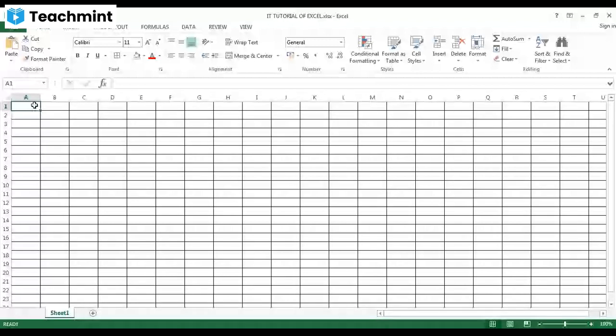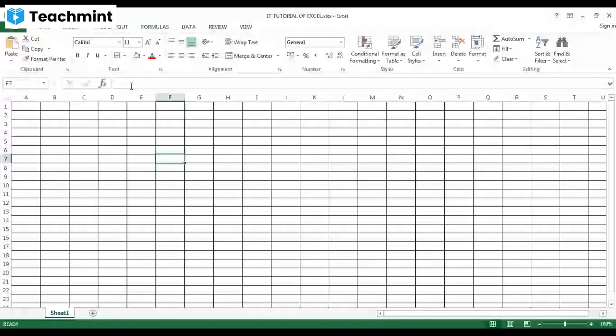Now, active cell. What is an active cell? The cell which is selected for entry and editing is called the active cell, and the name of the active cell will be present in your Name Box. Clear? Suppose I click any random cell. Now you can see F7 is displayed in your Name Box, and F7 is your active cell right now.